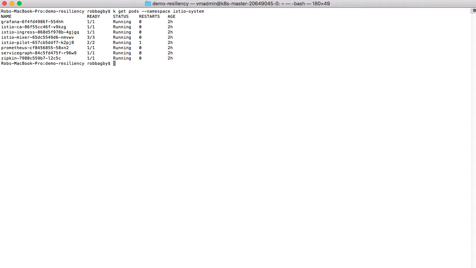So you can see here, if I look in the Istio system, the pods that are running, we've got Zipkin, Prometheus, and Grafana. Prometheus is the monitoring and time series database, Grafana allows us to visualize that, and Zipkin is our tracing utility. So those are all running. And if we do a get services,